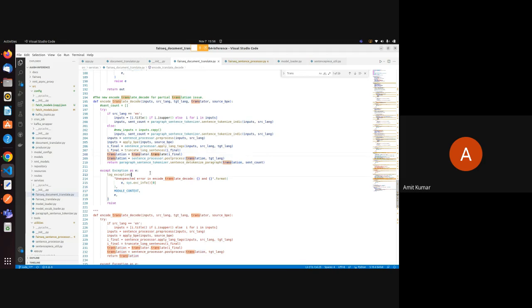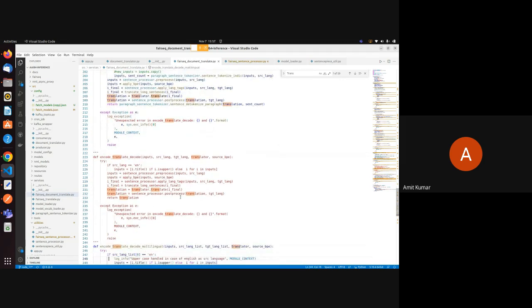You added this new line, is it? Paragraph sentence tokenizer. It wasn't there before. Did you add this line later? Yes. I think I should explain this one first. Then, okay, so the same thing. You are getting the translation, and now it is the